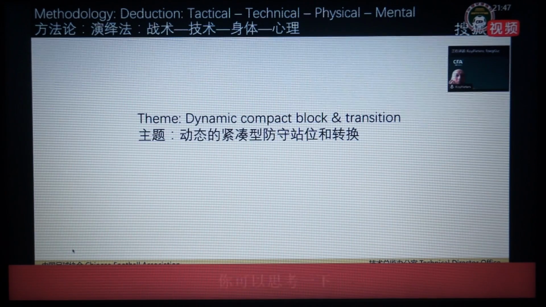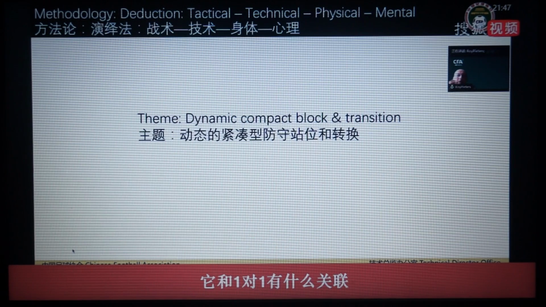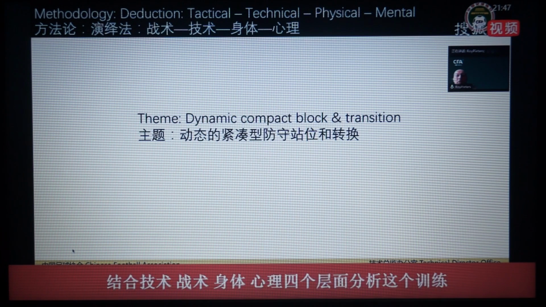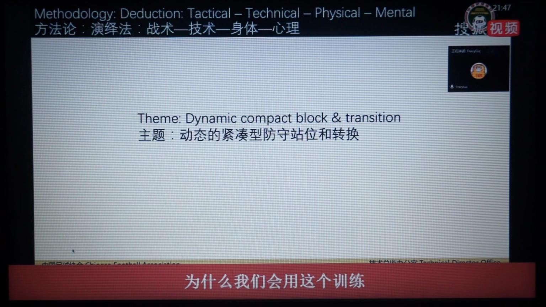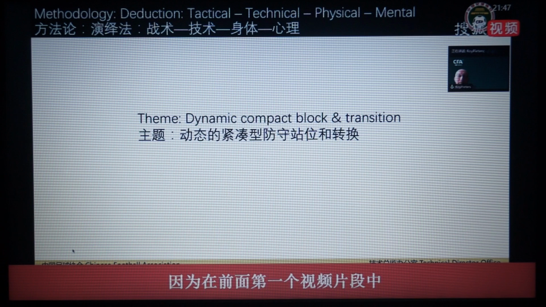And then you can think, where is the link to the 1-against-1? So, as you see on the top, we will use the deduction methodology with 4 facts: tactical, technical, physical, and mental. But why did we take this training? Because you saw in the first 2 clips that the opponents had a dynamic compact block, that they tried to